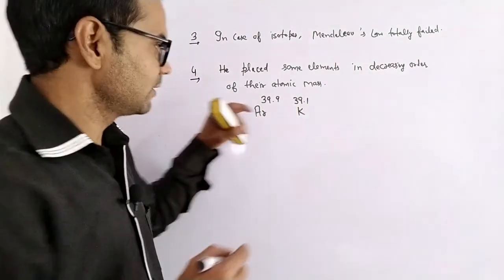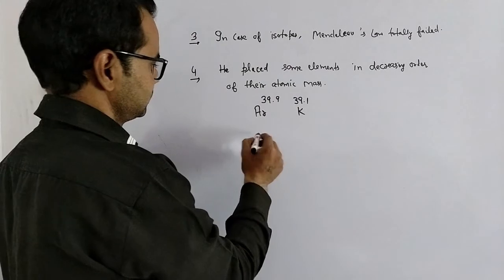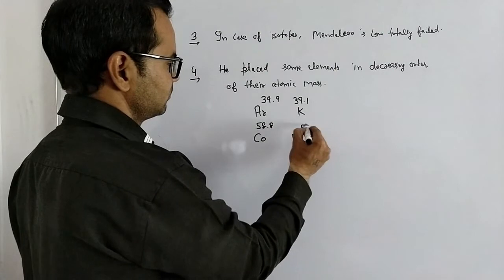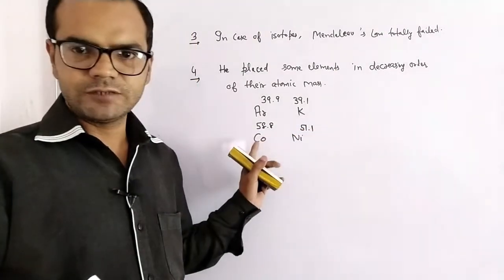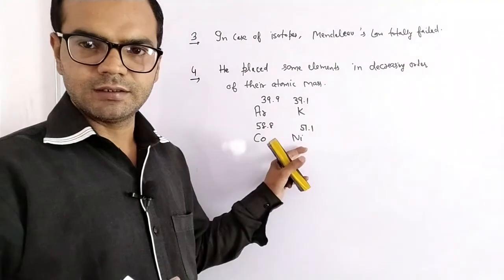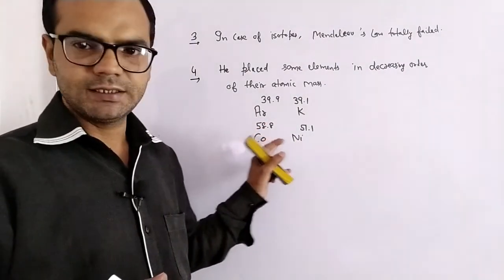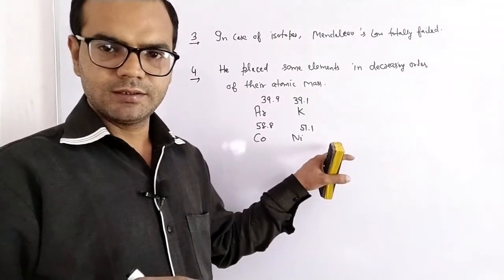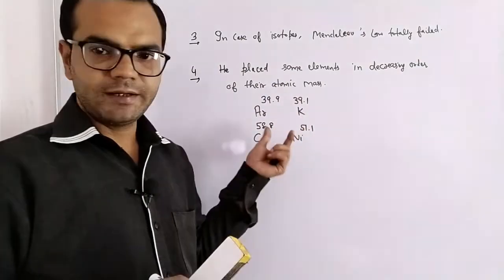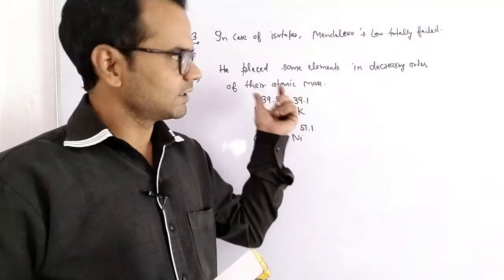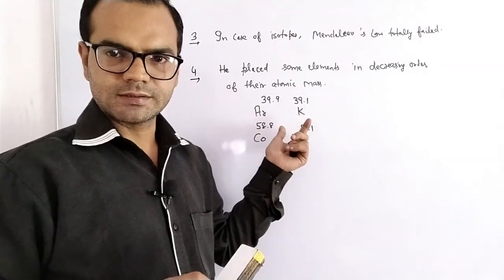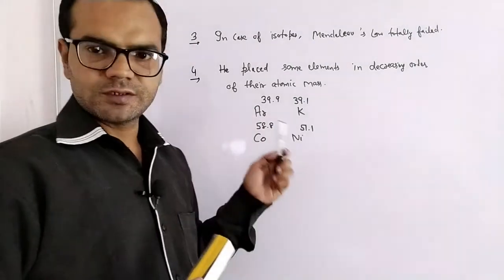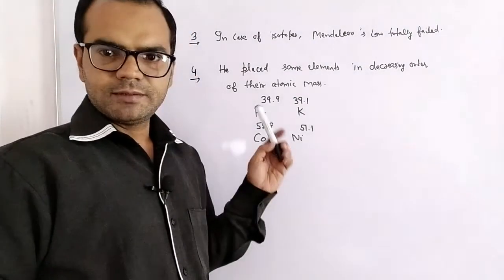In a similar manner, cobalt was placed ahead of nickel. Although the mass of cobalt is higher than that of nickel, cobalt must be placed after nickel. But in Mendeleev's periodic table, there were some irregularities in the increasing order of atomic mass. That's why after Mendeleev, the modern periodic table came into existence, and that is the most successful periodic table yet.